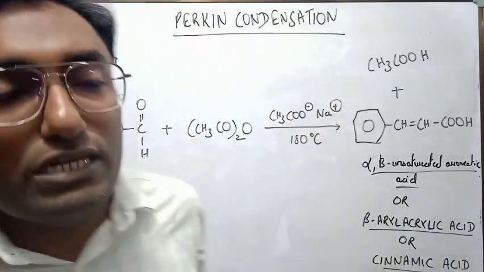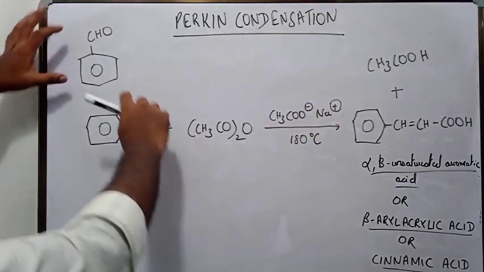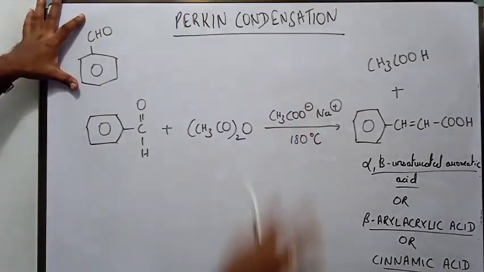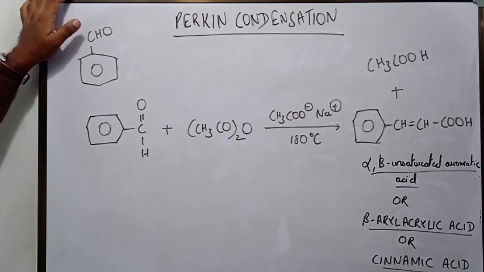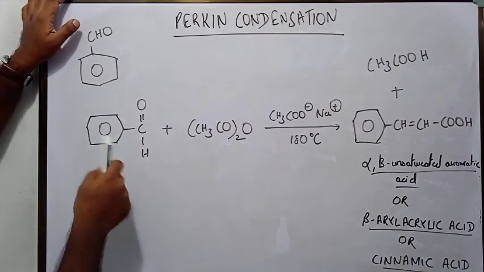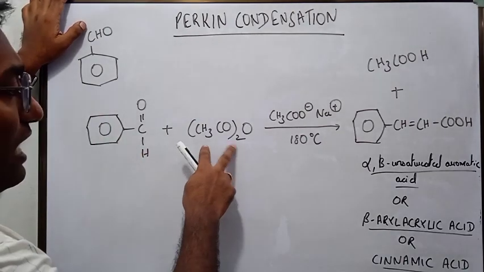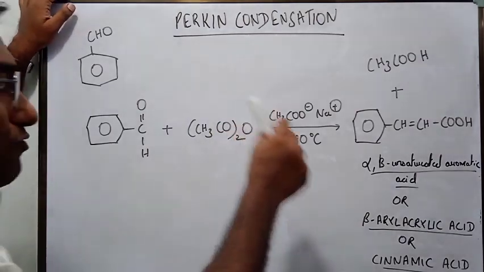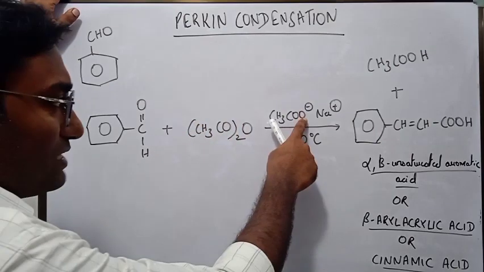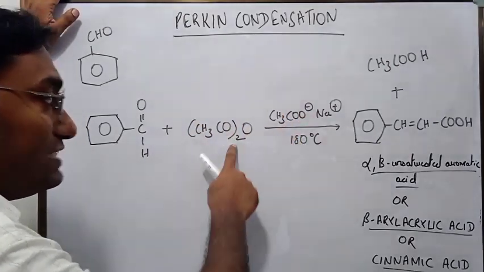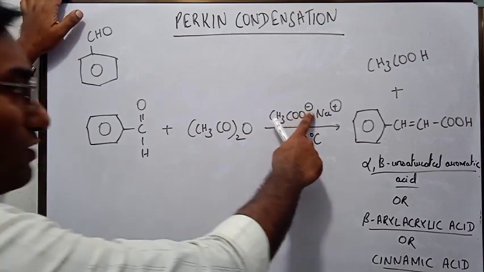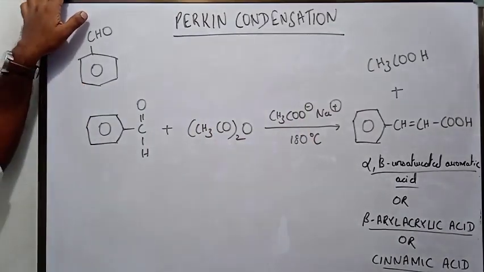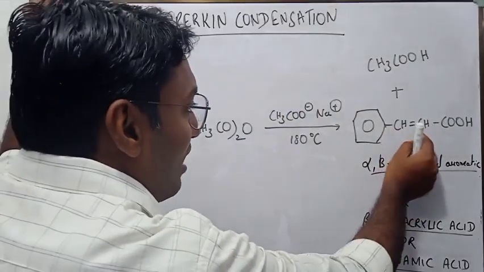So Perkin condensation is shown by aromatic aldehydes. Only aromatic aldehyde will show Perkin condensation. So what is the reaction? Aromatic aldehyde reacts with anhydride of an aliphatic acid, in the presence of sodium salt of the same acid as catalyst, to yield alpha beta